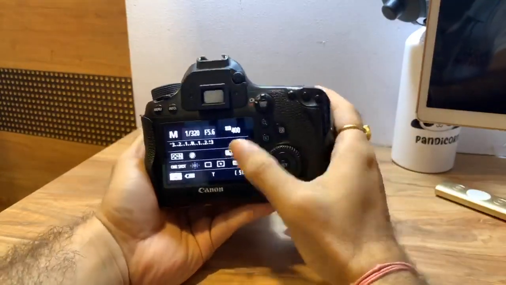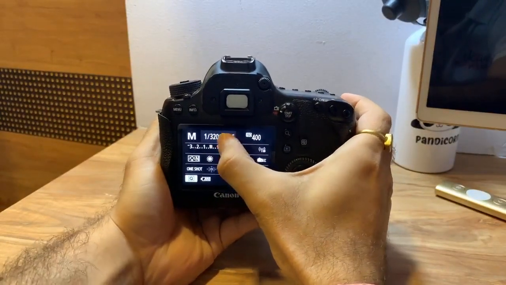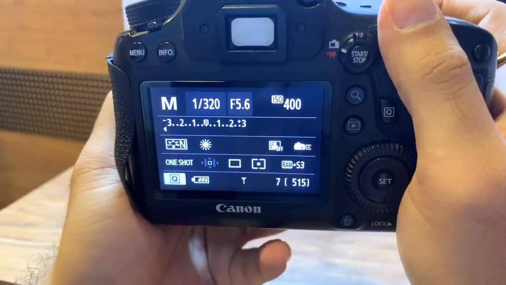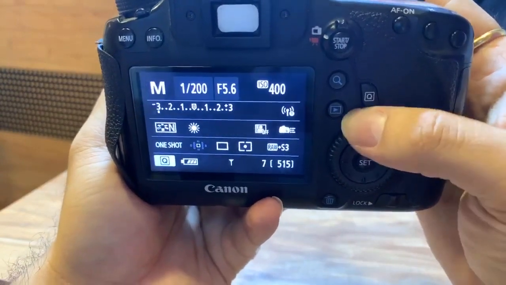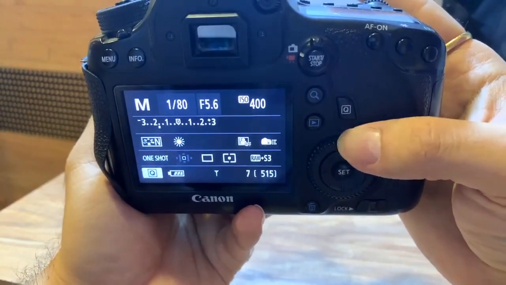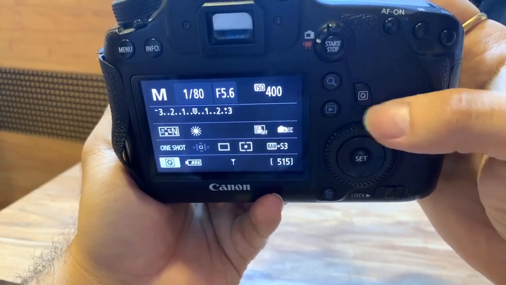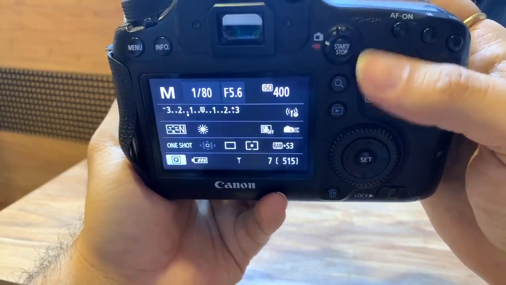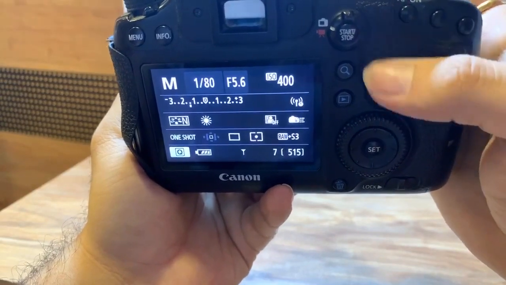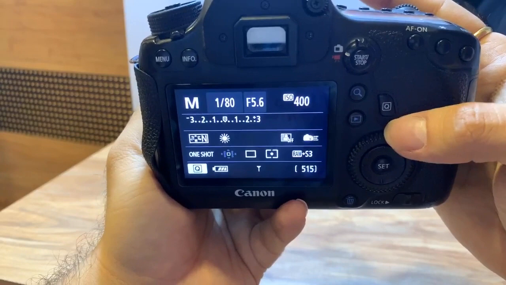So yes, the first thing that I'm going to do is make my shutter speed slower. It is a very fast shutter speed. 1/320 is a very fast shutter speed. So what I'm going to do is I'm going to make it slow. How slow can I get my shutter? Anybody? You can see my cursor has started coming in the center. Can you see that? My cursor is almost in the center.